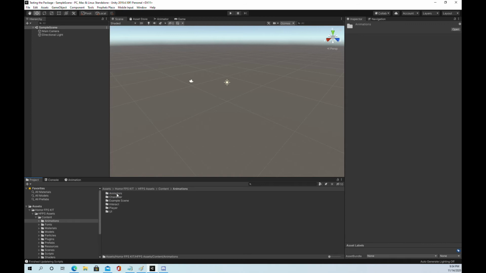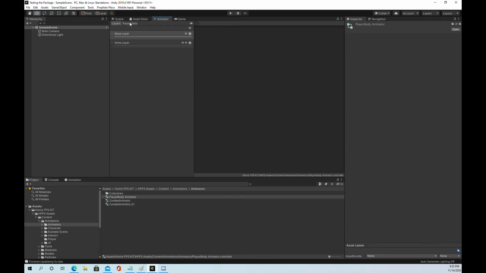Alright, now that that's done, we can head on over to the horror FPS content folder and go into the animations and to animator, and then double click on player body animator, and then we're just going to click on the parameters tab and click this plus button right here to add a new parameter, and we need to add a bool, and we're going to call this bool is arms idle,